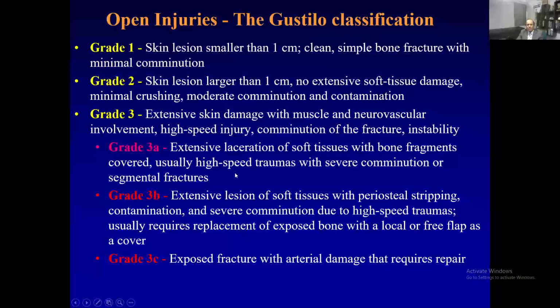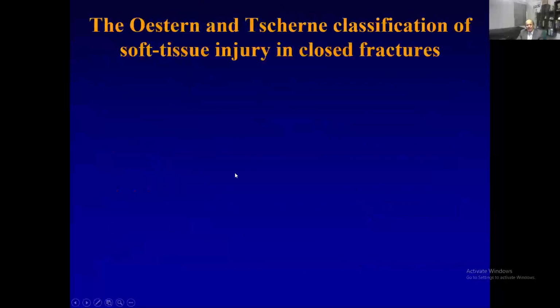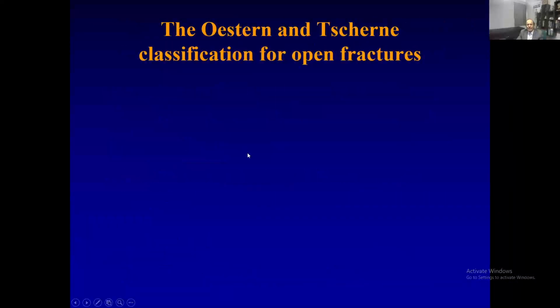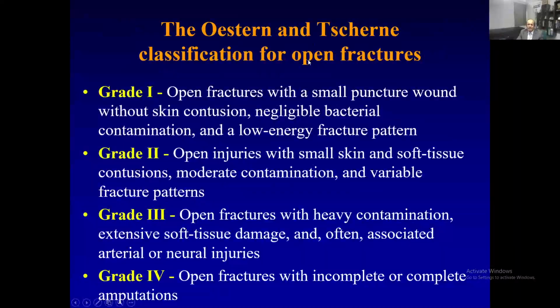There's no need for me to go into the details. Now, sometimes there may not be an open wound, especially in these fractures, and still there is significant soft tissue injury. Then we can classify it as per the Oestern and Tscherne classification, which are grade 0, 1, 2, 3. These are the four types of soft tissue damage without an open wound. And then if there is an open wound, they have also described four types, which are the first three are